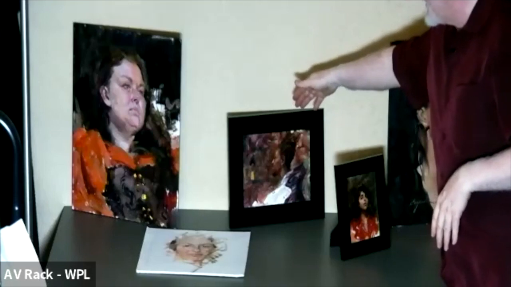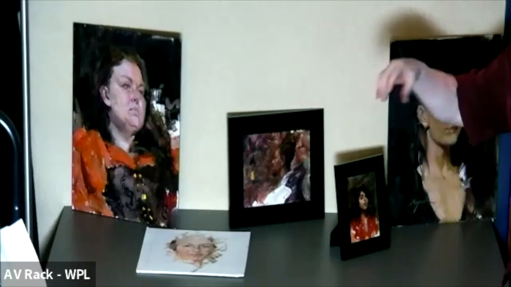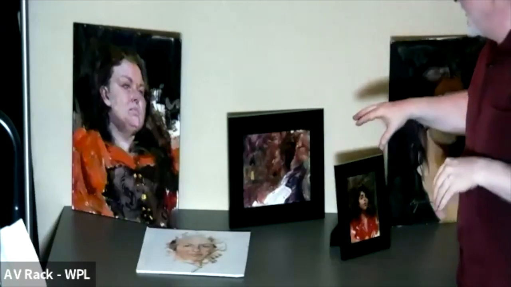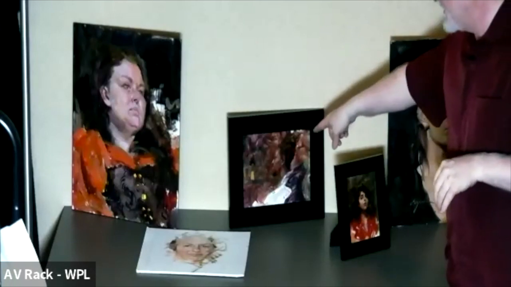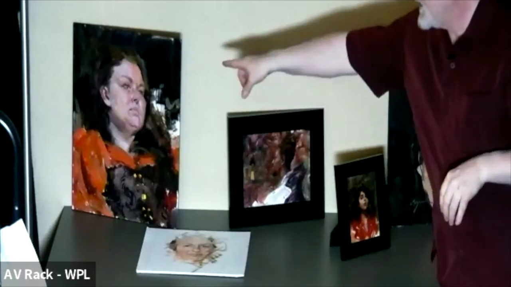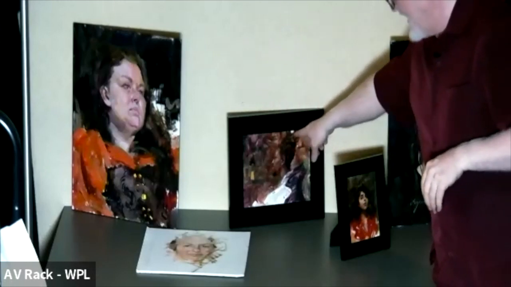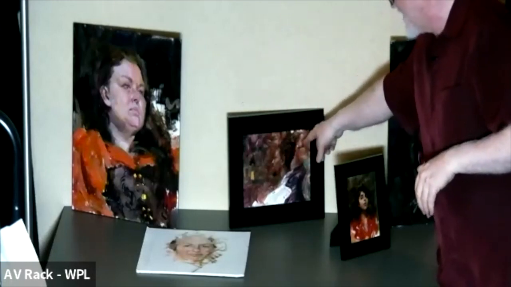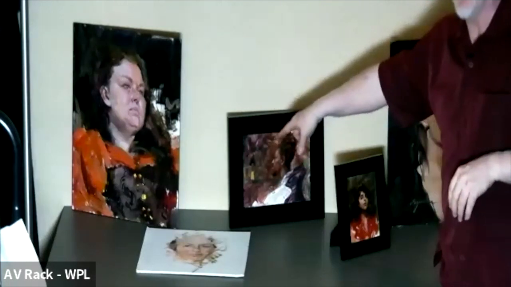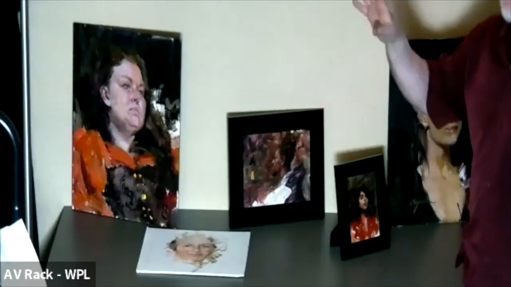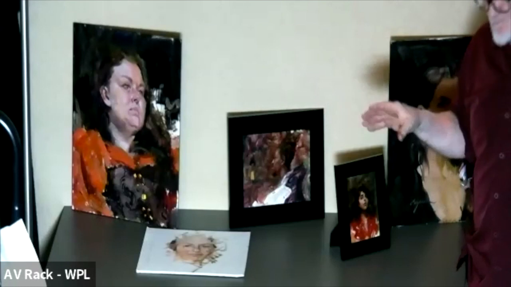I brought in this center one. You may find it difficult to even see what it is on camera, but the edges, the difference between this one and this one are tremendous. When I squinted down, the dark flesh, dark hair, relatively dark background, everything got soft and disappeared.